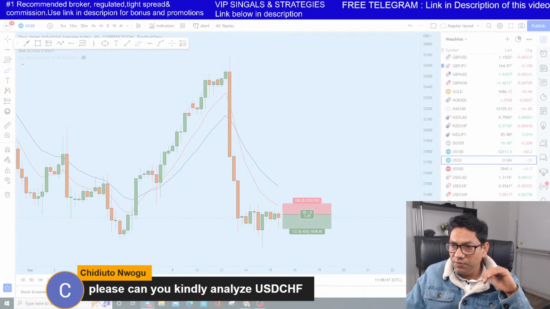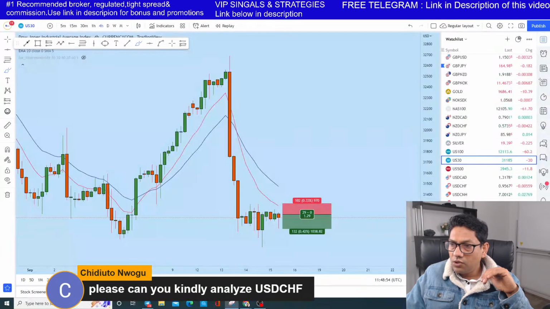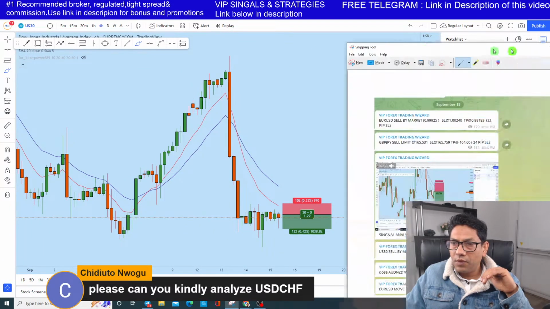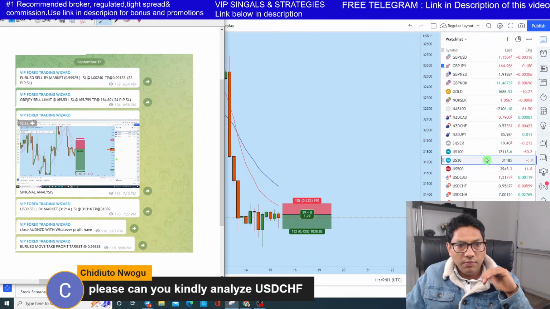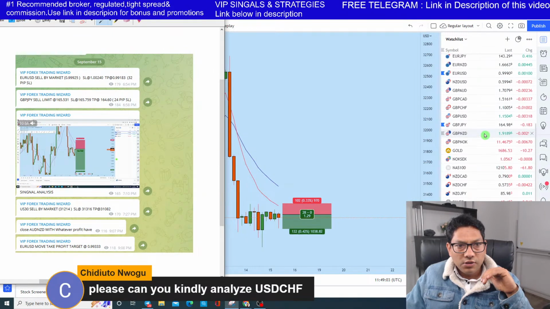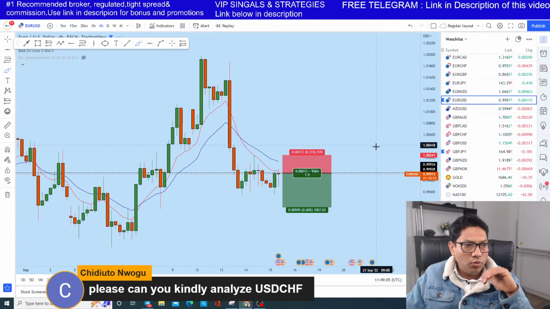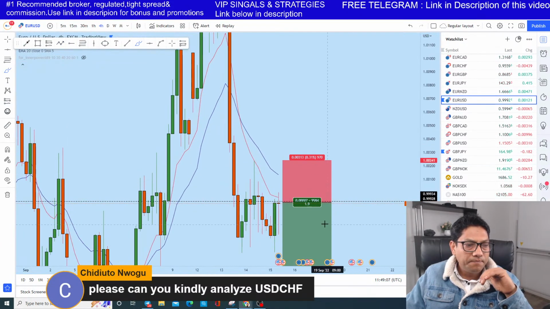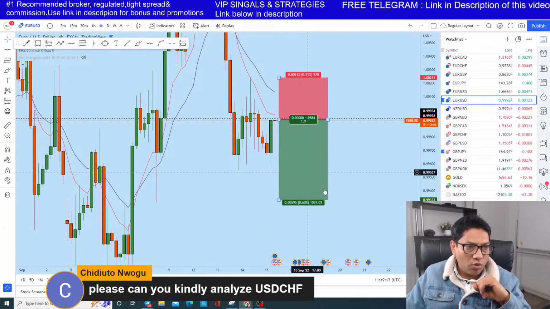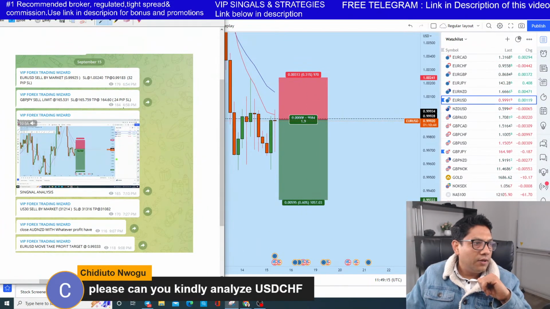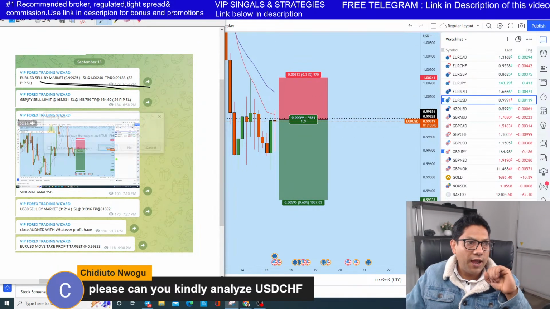We set a GBP JPY pending order as well. So this is the trade that we are running on euro dollar. Let me look at it again. It is now almost where we have entered. So let's see what happened. I think this instrument will continue to drop. It's the euro dollar trade that we have sold in this zone.